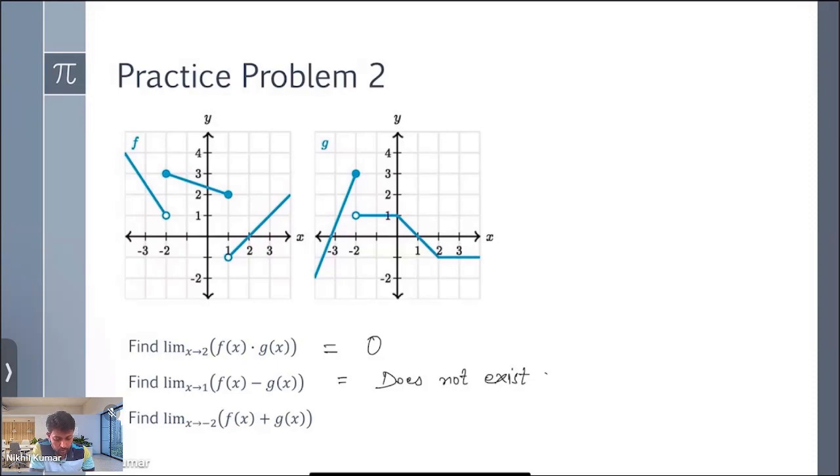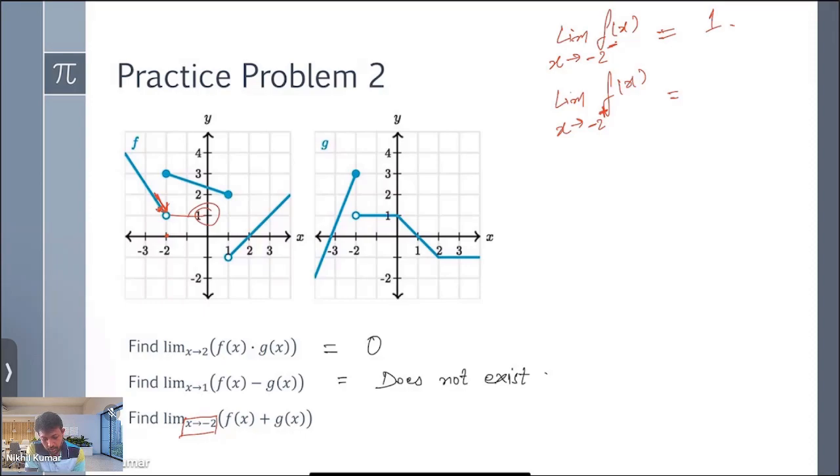But this time we are looking at the point x equal to minus 2. That means this point. Again, if you look at this point, limit of f of x when we are approaching minus 2 from the left hand side. What is the limit? The limit is 1. So limit of f of x when we are approaching minus 2 from the right hand side, this is equal to,